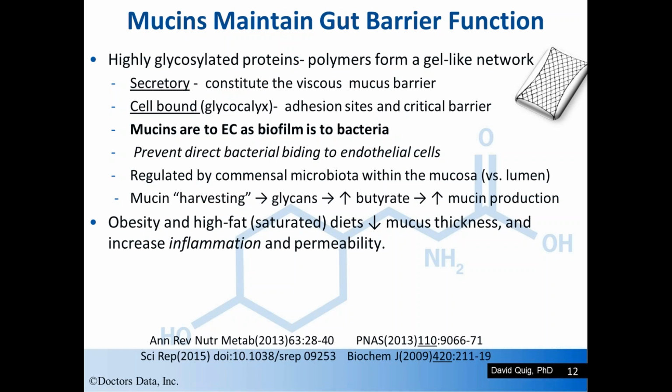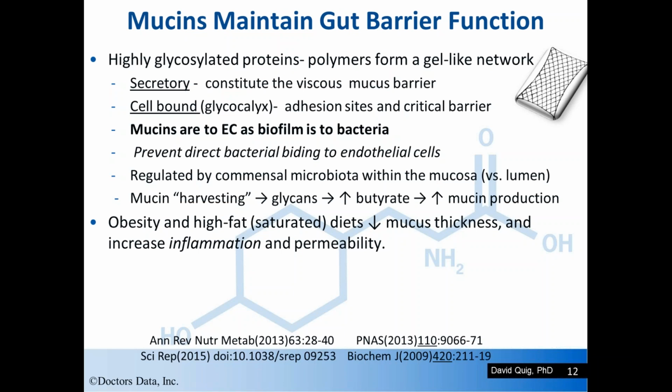We have mucin-harvesting specialist species of bacteria that release the glycans from the glycosylated proteins, the mucins, which by fermentation are taken up by other commensal bacteria to produce butyrate, and that butyrate signals back to increase the production of mucins. So we have breakdown of the proteoglycans to produce butyrate, which feeds back for the system